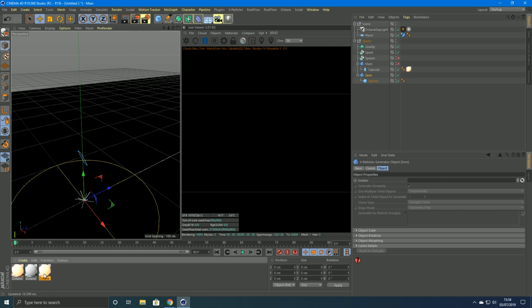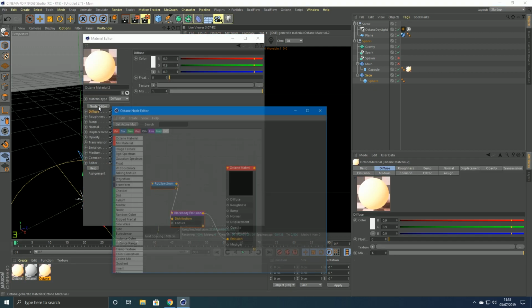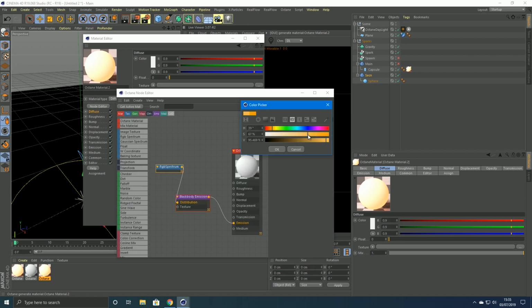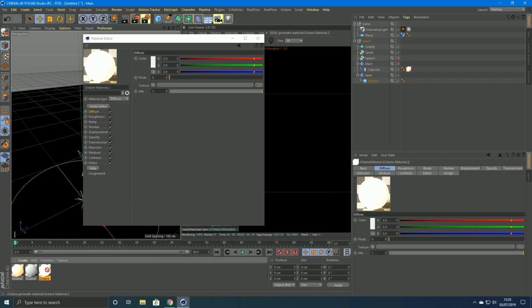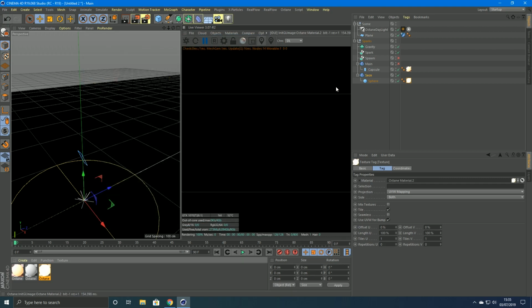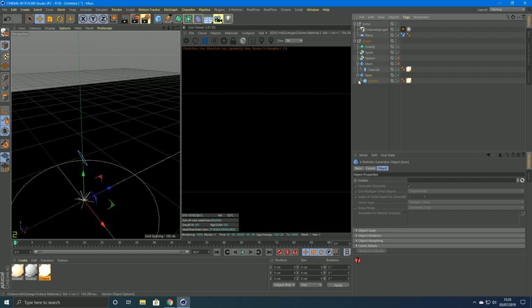We want to copy the first one. Let's go to the node editor. Yeah, let's make it a lighter color. And also we want to make it a little bit more powerful, so 150 or so, because that's how I had it done. And then we want to chuck that here. So now click on the secondary spawn generator, click the spawn, chuck that in there, and now